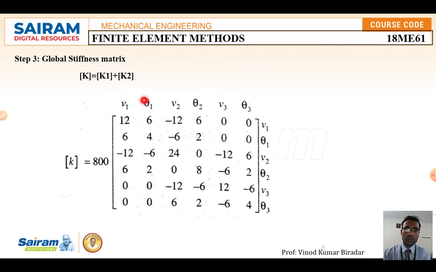Like this you have to calculate the global stiffness matrix, by checking both the element stiffness matrices, for element 1 and element number 2. For theta 1 v1, check the value in both matrices, add, and write it here; you are going to get the value 6. Like this you have to calculate the global stiffness matrix for the given elements. K is equal to K1 plus K2, but don't simply add; according to the node numbers you have to add. That is very important here. You are going to get a 6 by 6 matrix. The global stiffness matrix is always symmetric.